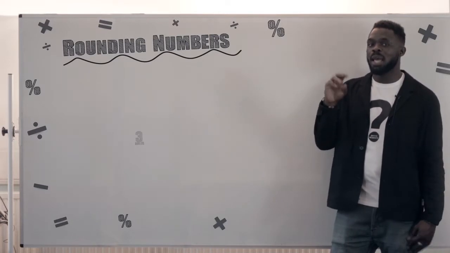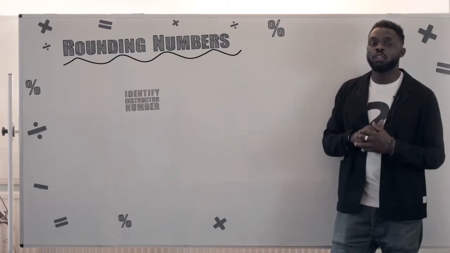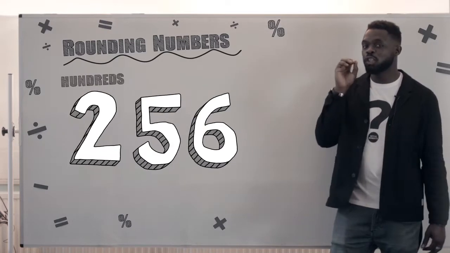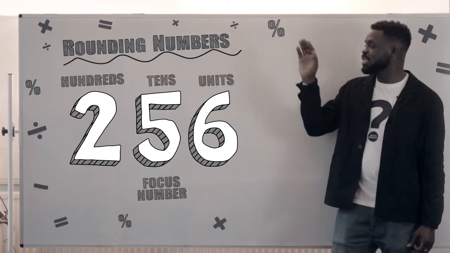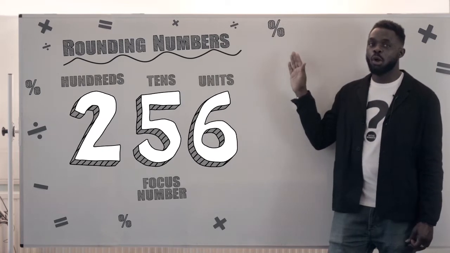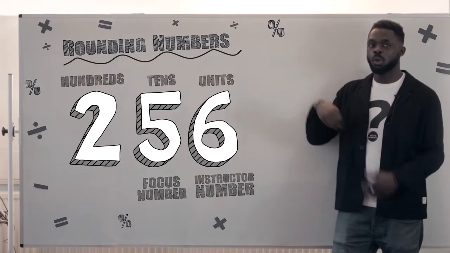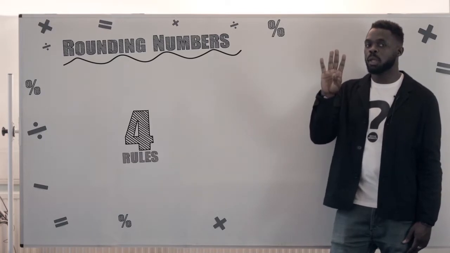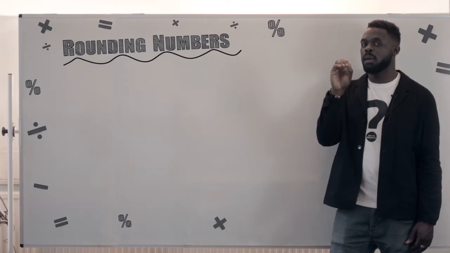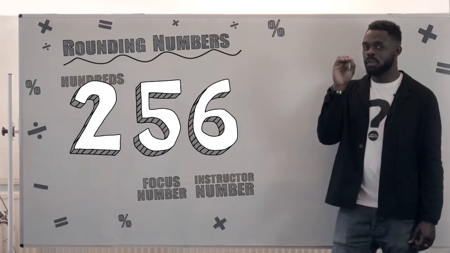Rule number 3, identify your instructor number. Now your instructor number is one number to the right of your focus number, which in this case is the 6. Rule number 4, if your instructor number is 5 or more,